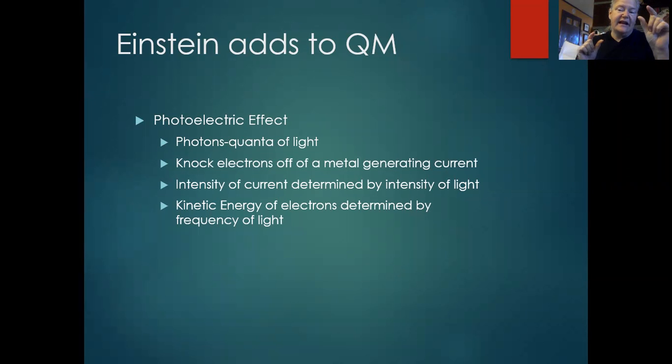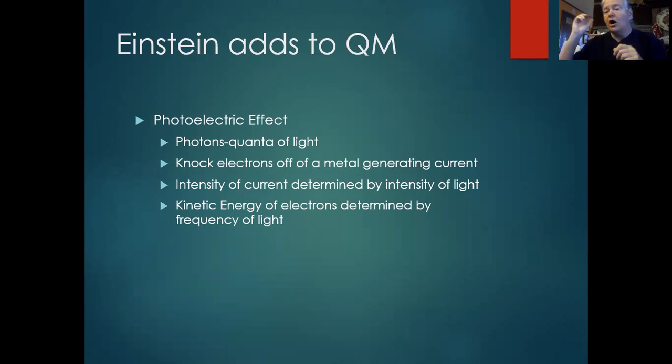So let's say you send in a photon that's got more energy than you need to eject the electron. The electron doesn't just take the little piece that it needs and leave the extra for something else. It takes it all. It's quantized. It gets that whole packet of energy. So the electron is ejected with some extra energy. If you get a photon that comes in that's twice the energy that you need, you still just get one electron. It's just got a lot of extra kinetic energy.